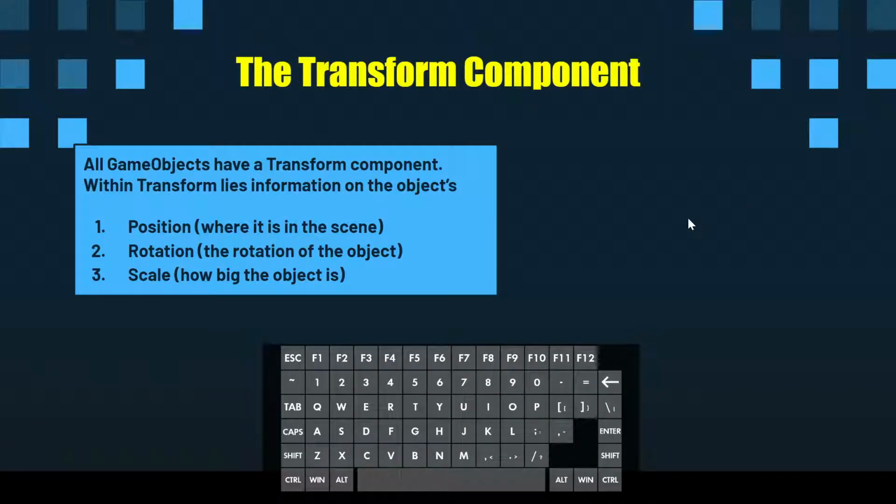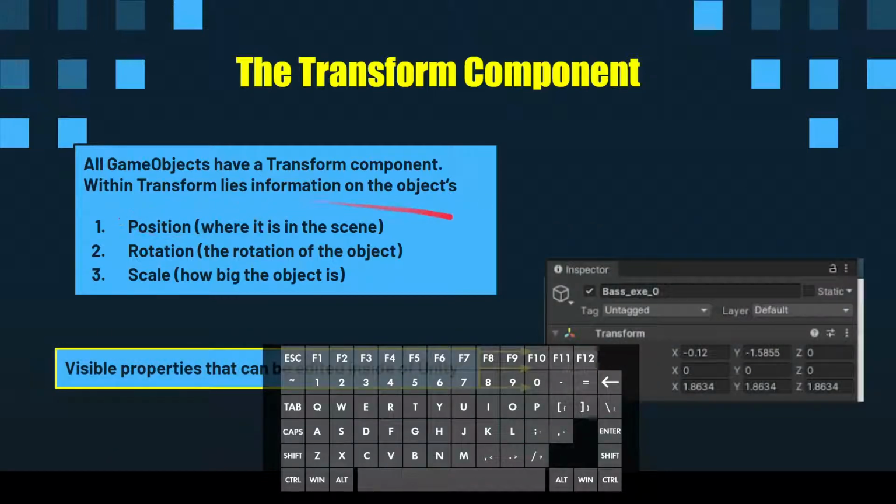Alright guys, so in the last video we talked about how to change the position of an object, where we basically modify the property of it and just change the position. Now we're going to get into how to change the rotation of an object, so we'll focus on rotation right here. Just as a reminder, these are visual properties that can be seen inside of Unity and we can edit